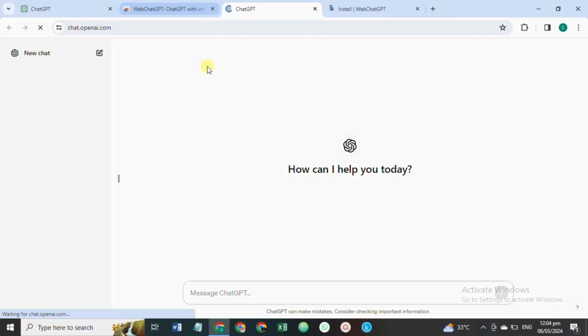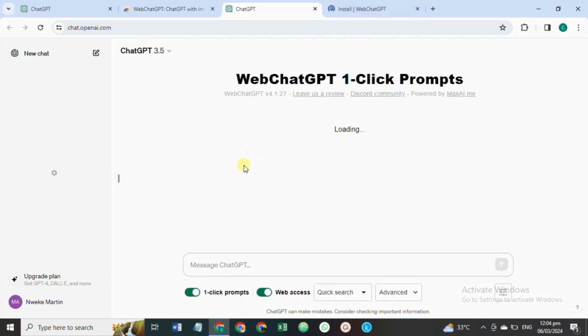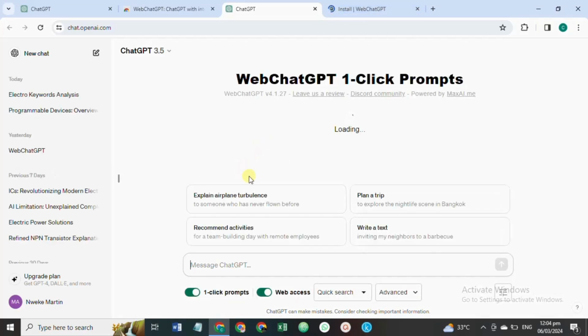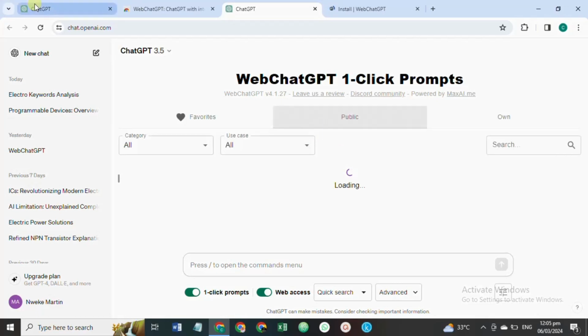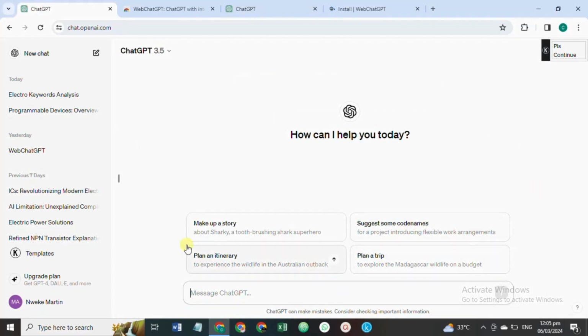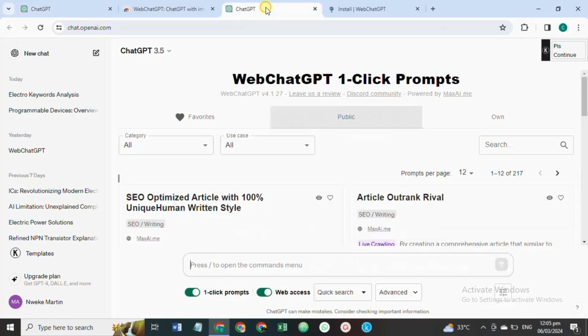Good. Once the step is completed, it will automatically direct you to a new ChatGPT page. But this particular ChatGPT now will have a lot of features. It wouldn't be like the basic ChatGPT layout. Look at the basic ChatGPT, then compare it with this. You see a lot of features added here. But my concern is with